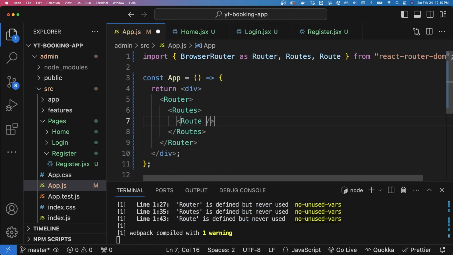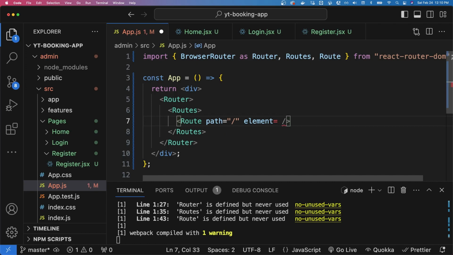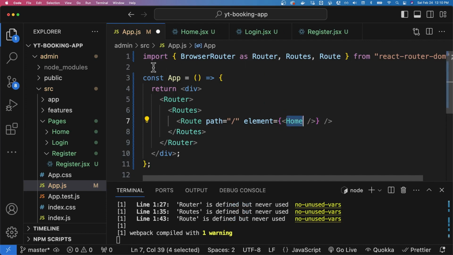With our path, if we hit the home, we want to use the home component. But then we have to bring in the home